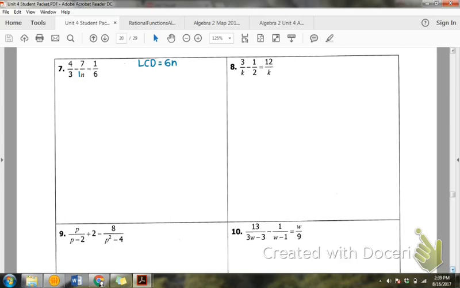So I want you, this is going to be a little bit of writing today. Okay? So I want you to follow along because then you're going to see we are clearing the fraction. Because if you multiply each of these things by 6n, you're going to clear the fraction, which you guys have done with Miss Carolyn for sure. Okay? So if I multiply this first one by 6n, put 4/3 in parentheses here. Then if I multiply the next one by 6n, 7 over n,